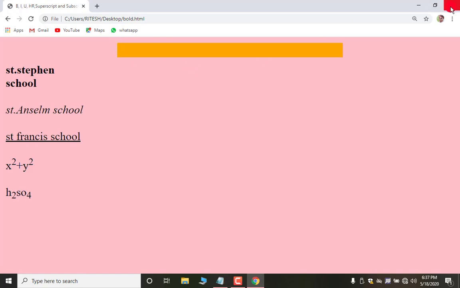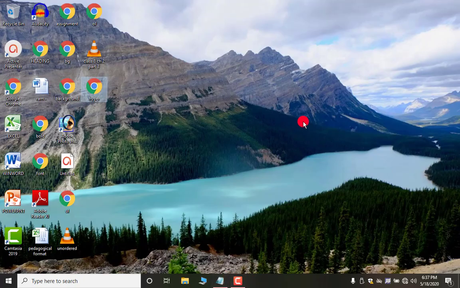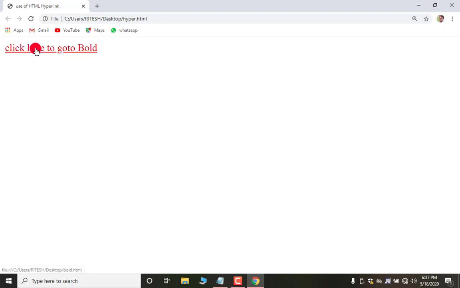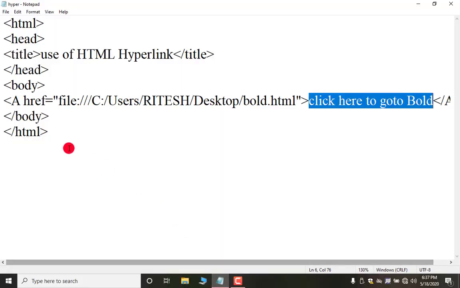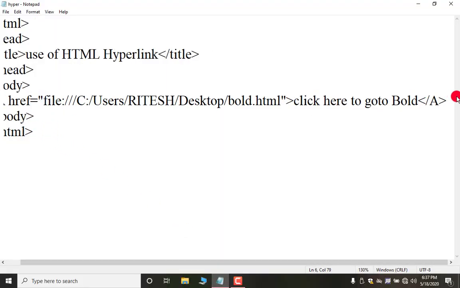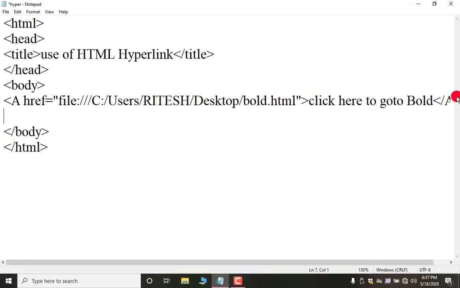Again I am closing this. Now look, both are closed, nothing is opened here. Now again first of all I am opening this hyper, and as I click on this, again it will open. This is called a hyperlink. Your internet is totally based on this concept. Okay, I am showing you one more way to create it. So here again I am doing this a href equal to double quotes.